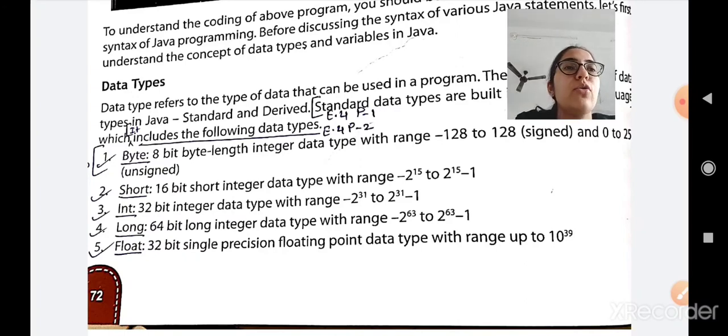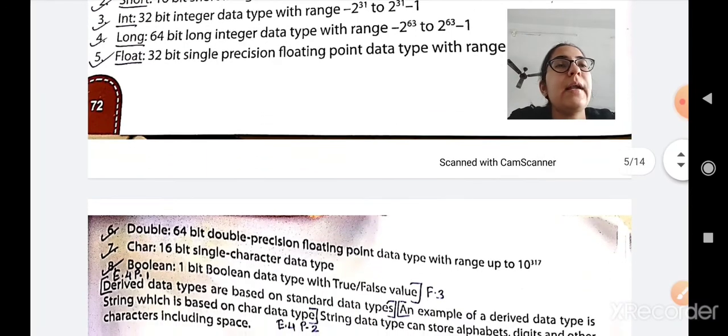If you want to calculate a percentage, or write anything using a decimal point in a floating value, then you have to select float. Then double means the range will be increased. It is similar to float, but float has a 32-bit single precision floating value, while double has a 64-bit double precision value. Character is to write a character. If you want to take data in the form of a character A, B, C, then you have to select the character data type, and boolean for a value returning true or false. Okay, so these are the standard data types.